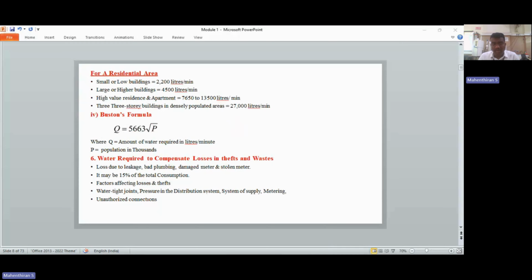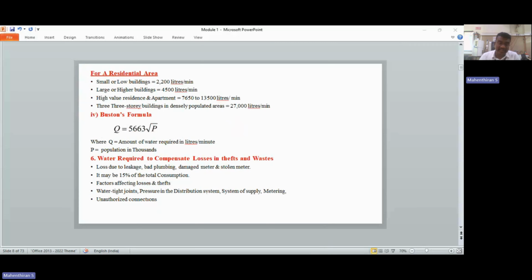When we move to larger buildings such as multi-story apartments, the demand increases to around 4,500 liters per minute because more people are concentrated in a smaller area and facilities like lift, common water usage and higher occupancy also increases